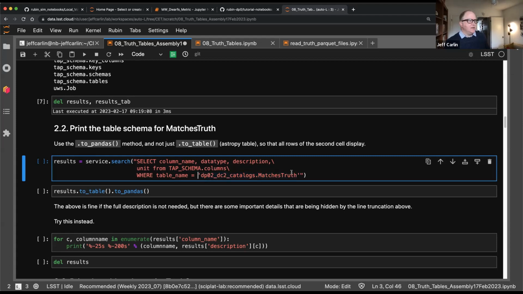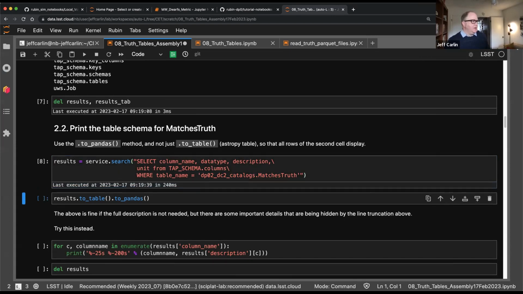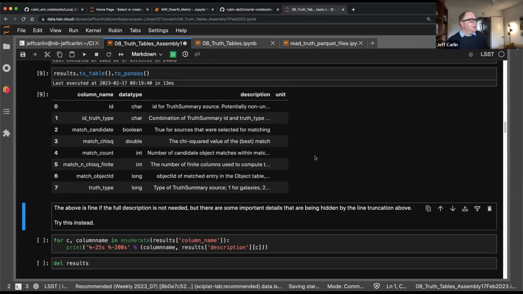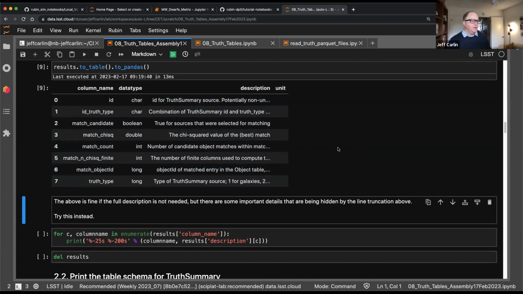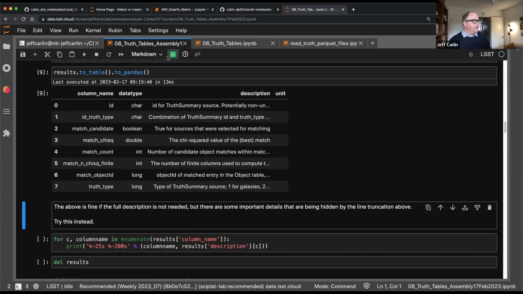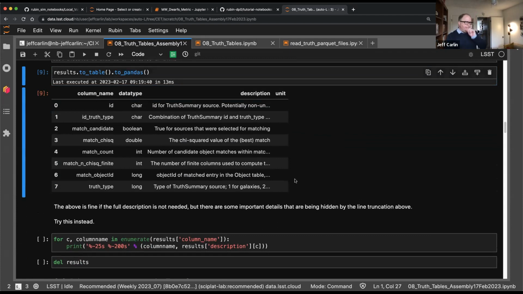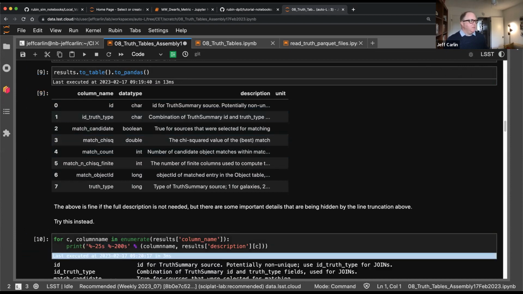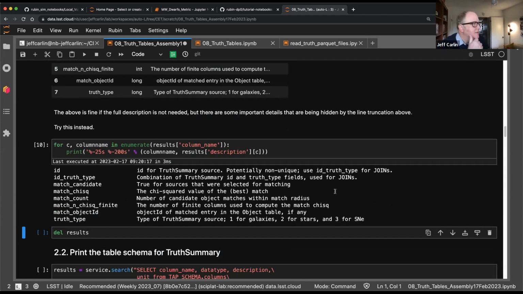So again, I hope you've seen this in some of the other TAP notebooks, so I'll just do this quickly so that you can see what that looks like. Okay, so this has only a few columns. Unfortunately, it's truncating our results here in this description field. So we can display it in a different way. This is displaying it as a pandas data frame, but you can actually just loop over each column in this and print them with a format string, just to make it easier to read the full text. Okay, and so here you go. Now you can see that